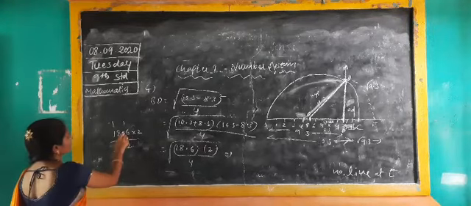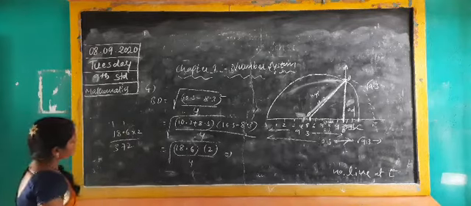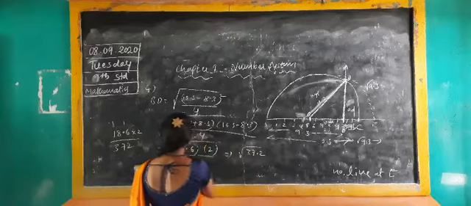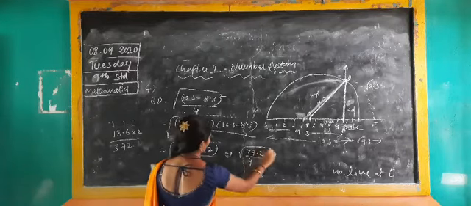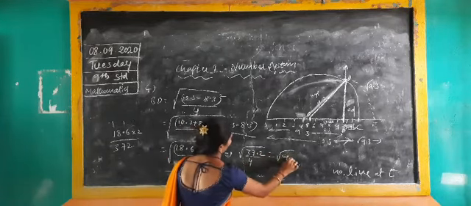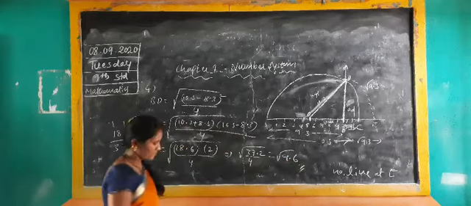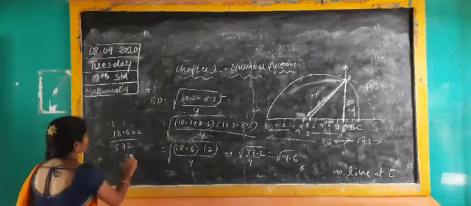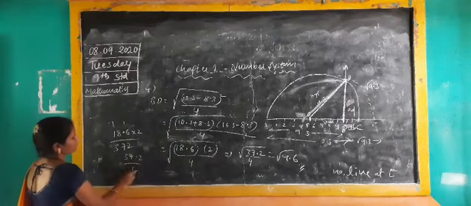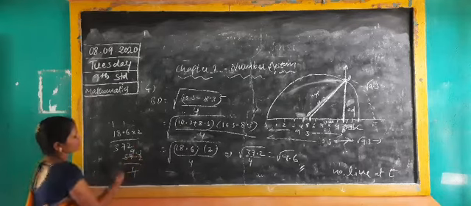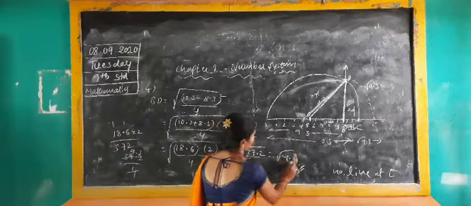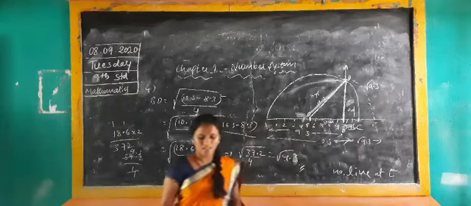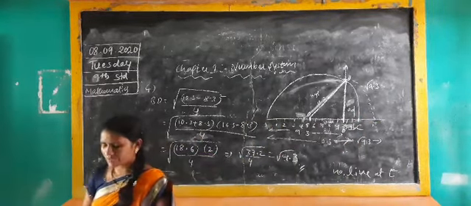Means how much? 37.2. Square root of 37.2 divided by 4. If you are cancelling, you will get 9.3. Do the division here: 37.2 divided by 4. 4 threes are 12, means 9.3 here. See, the square root of 9.3, the square root of 9.3. It is the justification. You just have to justify your answer.